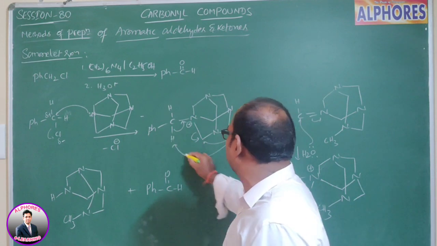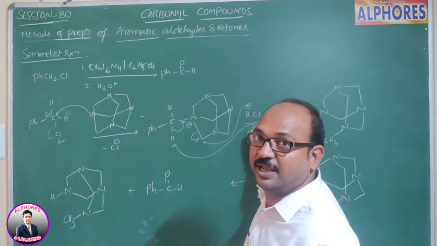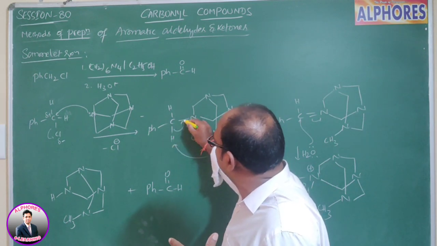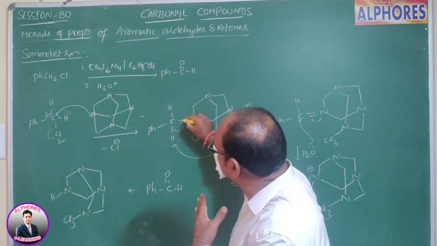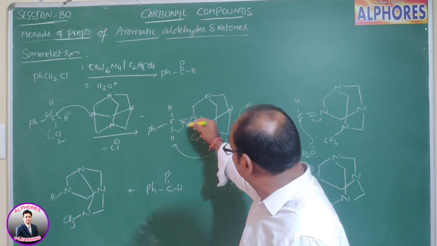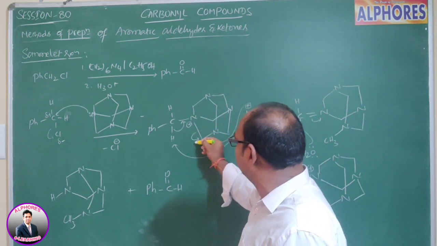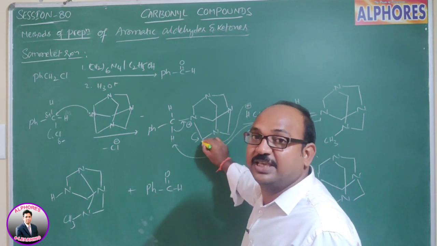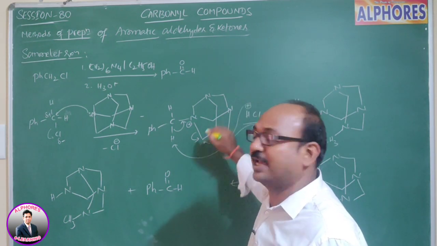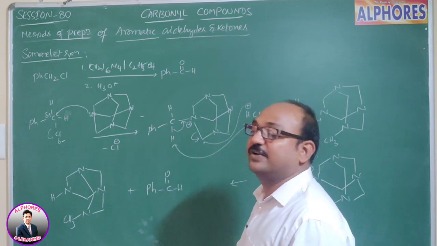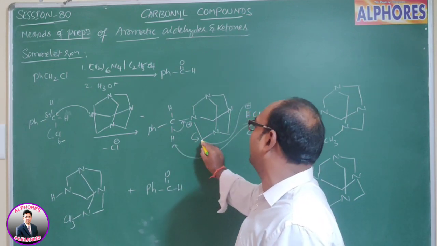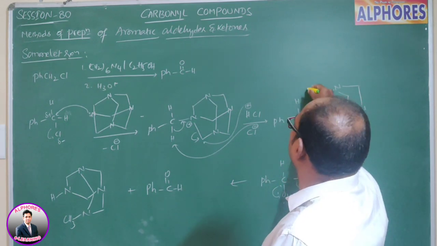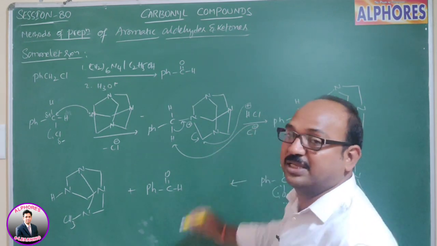Here it comes out as HCl. Once it abstracts the proton, the C-H sigma bond electrons are shifted towards nitrogen, and in order to facilitate that, this nitrogen-carbon bond will be shifted towards this carbon. Resultantly it becomes CH2 minus, and this CH2 minus takes H plus from HCl. That means this H is transferred from here to here. Resultantly we are getting a C double bond N compound. This one upon hydrolysis gives benzaldehyde.